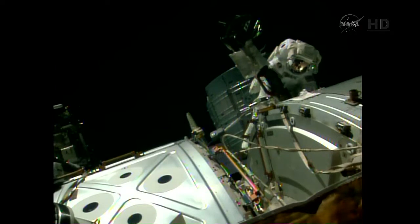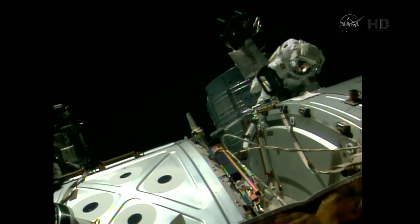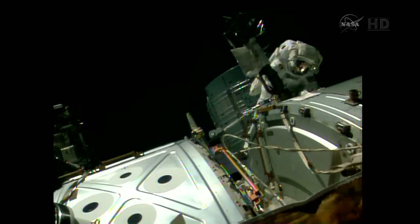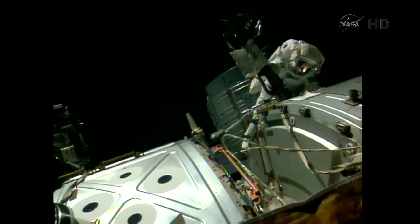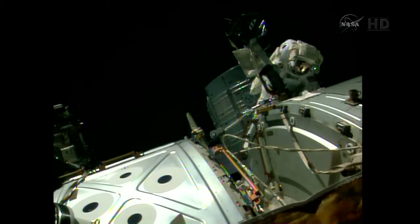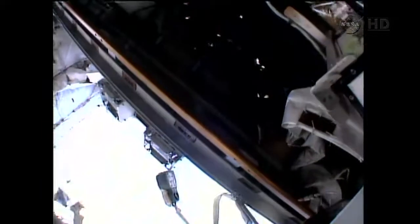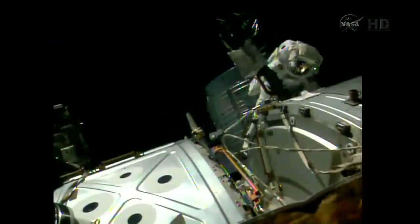So you're thinking just have Reed come on up and drive the bolt for you? That's correct. I'm going to have to get rid of this weather before I can do that. So start thinking about that, Butch. Okay? That looks like a good plan to us as well, guys. Actually, Reed, I tell you what, when you get here, if you can hold the stanchion in place, I can maybe